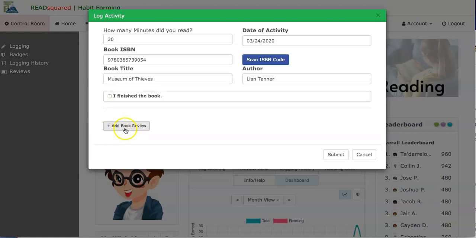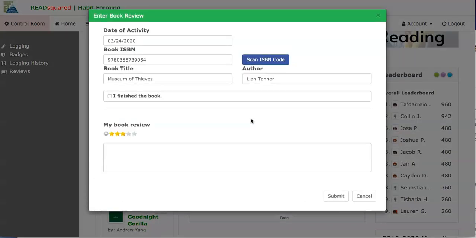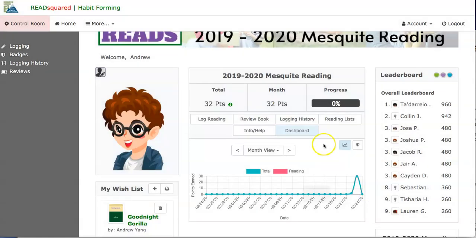This is also where students can add a book review. All right, next, students can add a book review also by clicking on Review Book. They choose the number of stars that they think this book is and then enter their review. Remember, this will have to be moderated by you, the teacher, before it is entered, and other people can then